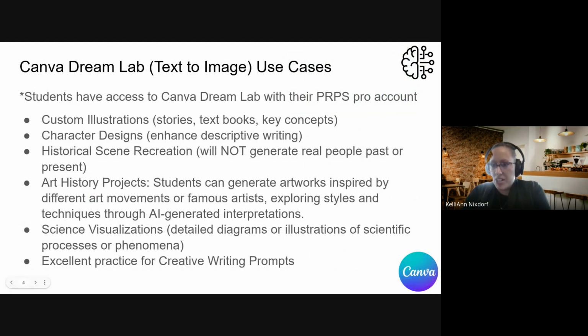So Rebecca mentioned that she's using it for creative writing, and I just have a short list. This is not an extensive list of some of the ways that you can use Dreamlab. So custom illustrations for your writing stories or textbooks, even key concepts, character designs, enhance your descriptive writing, like Rebecca said, a historical scene recreation. One thing to note, though, is that